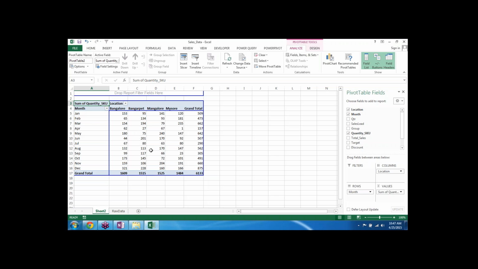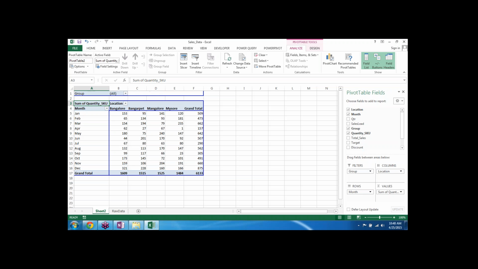Now I say that, okay, fine, I am interested in seeing month wise data for all these locations, but I'm not interested to see for all the items. I'm interested to see only laptops and televisions, how they are doing. So I said, see, there are different ways of seeing it. But since you are saying that I want to filter, so the word that is coming up is filter, that I want to filter only certain groups. So in that case, we have to put this into group filter, or this filter part.